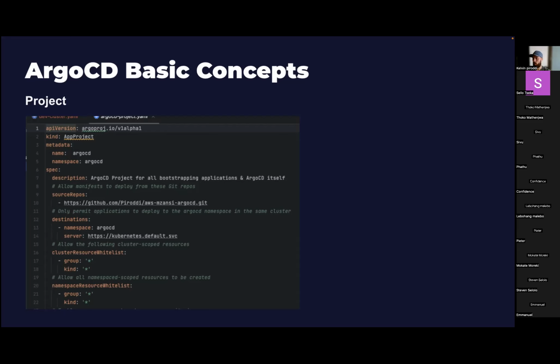If I'm a developer, I want to log in. I only want to see the apps that belong to me. I don't want to see the entire org's apps. So I'll group it to a project, and then when I log in, I'm only going to see what's related to me. Obviously, the admin will be able to see everything, but it's a nice way to split things up. That's the two use cases.